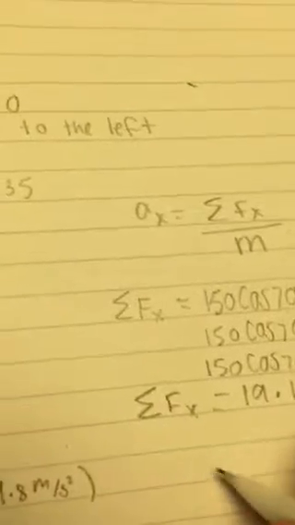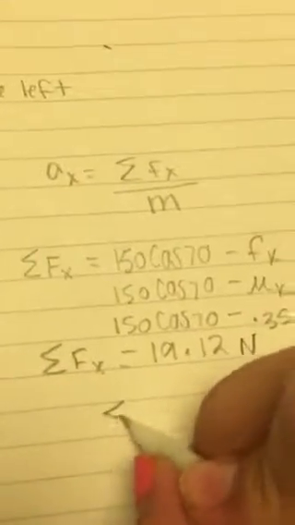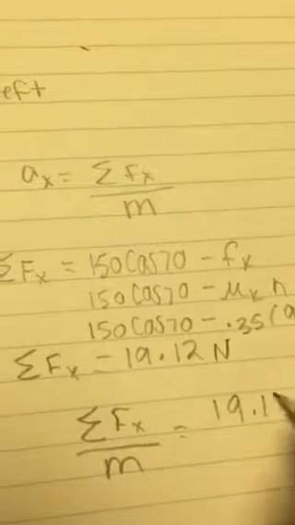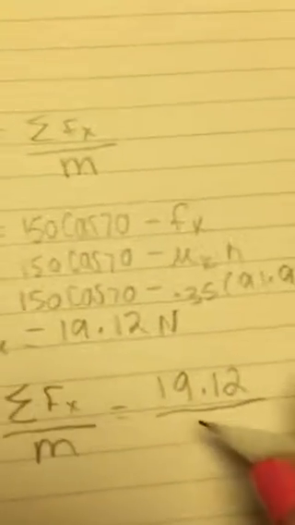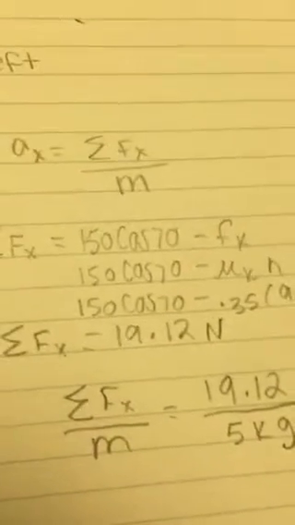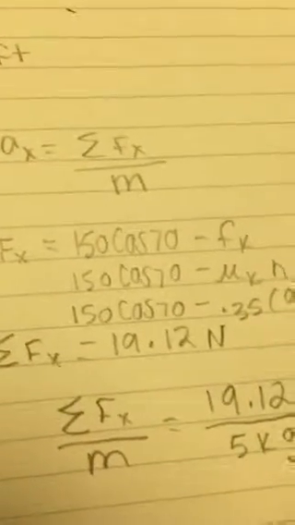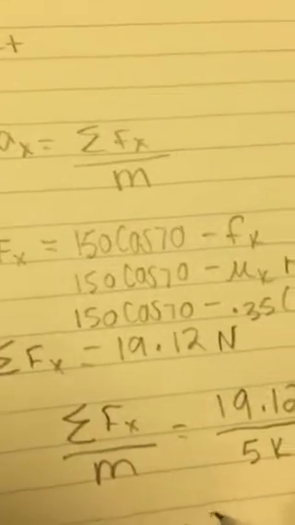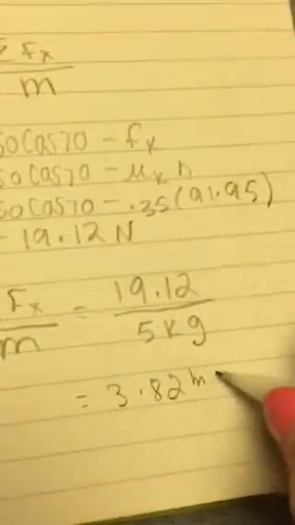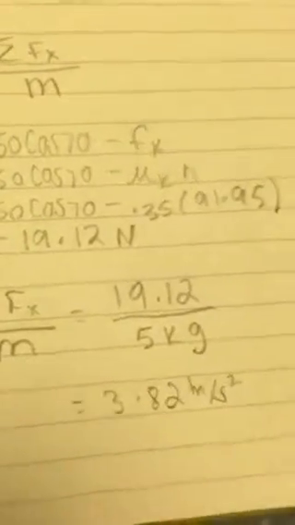So to find out how much it's accelerating by, we just take that and divide it by the mass. And then we get 3.82 meters per second squared for the acceleration. And then we can double